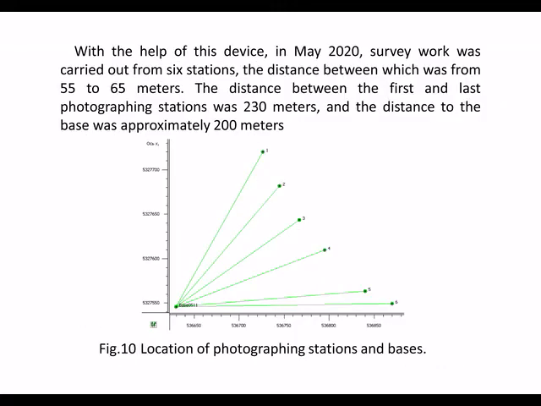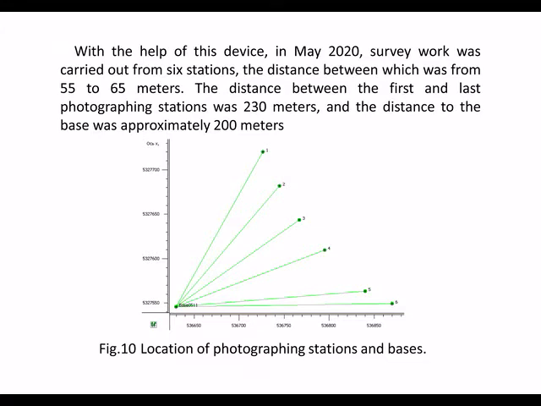With the help of this device, in May 2020, survey work was carried out from 6 stations, the distance between which was from 55 to 65 meters. The distance between the first and last photographing station was 230 meters, and the distance to the base was